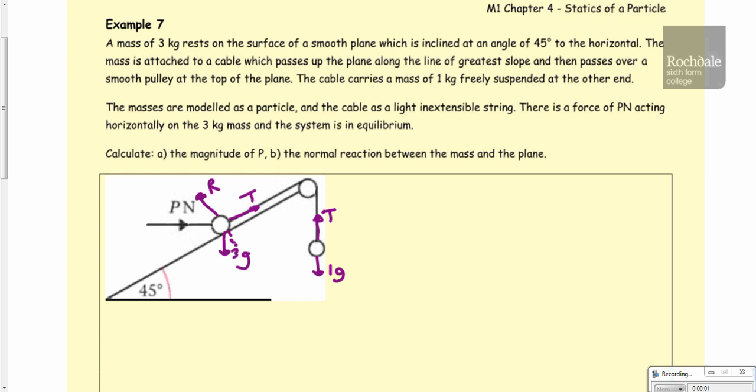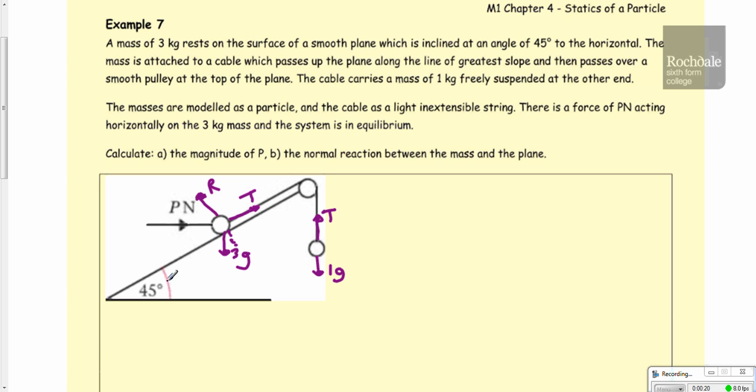M1 Statics example 7. In this scenario, we've got a particle lying on an inclined plane. It's a smooth plane, so we don't need to worry about friction. And it's inclined at 45 degrees to the horizontal. As soon as I see the angle here, I'm also starting to think about what other angles will be 45